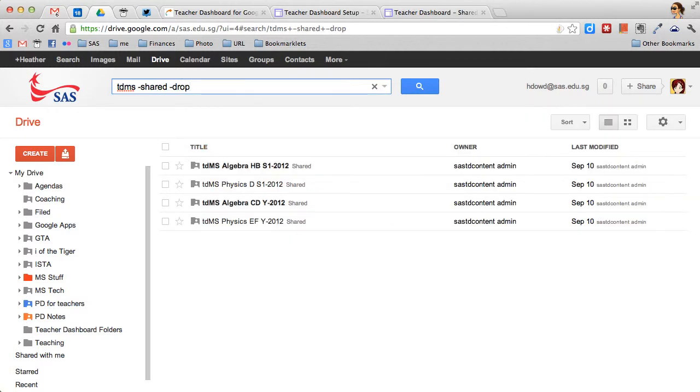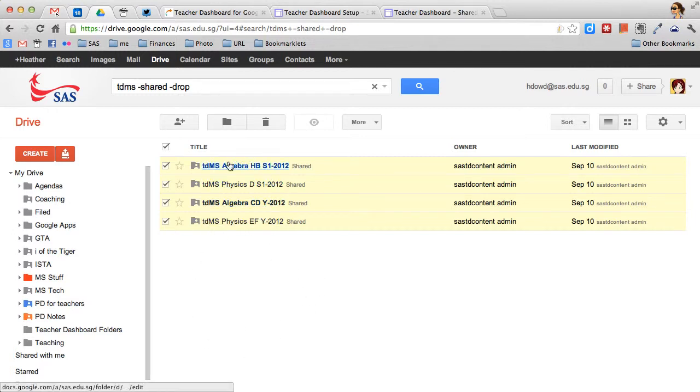After you've done that, you should see your main Teacher Dashboard folders show up. You know that they are the main folders because they don't say shared and they don't say drop. There should be one for every section that you have. So what you need to do is put a check mark in front of each one, and if you have some extra things down at the bottom, just ignore those, but just the ones that have this same format. Once you put a check mark in front of them, click the Organize icon at the top